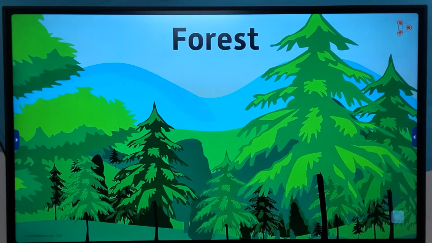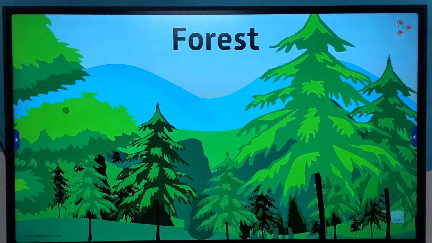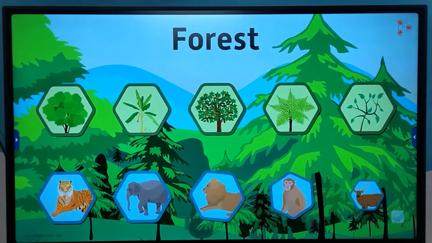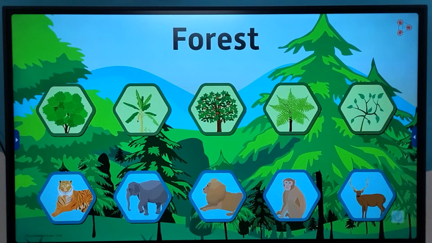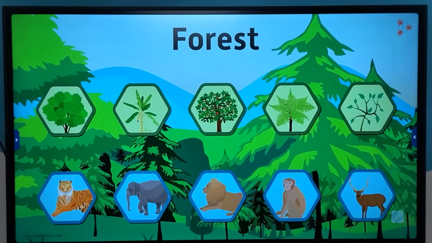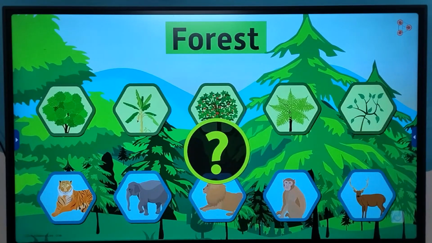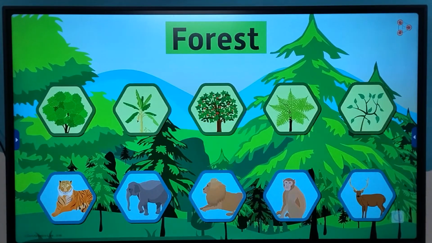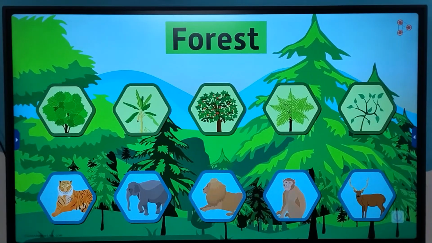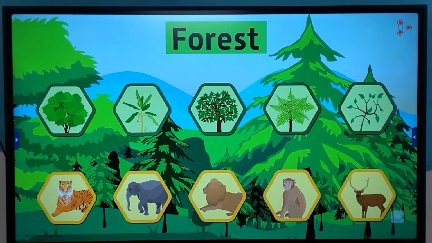A complete forest can be addressed as a dynamic living entity. The numerous types of trees, the variety of animals, and so many other factors add to its vibrant nature. Now tell me one thing, do we study forests only because they're so beautiful? Or is there any other reason why we study them? The most important reason to study forests is because they harbor numerous lives and also play an extremely important role